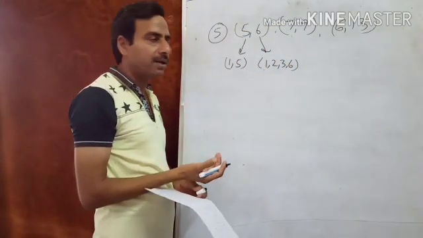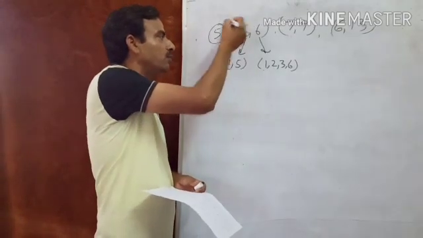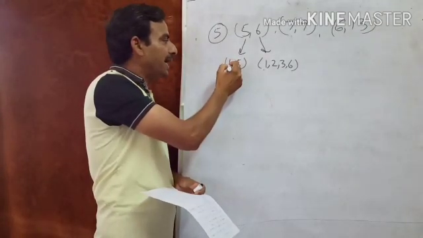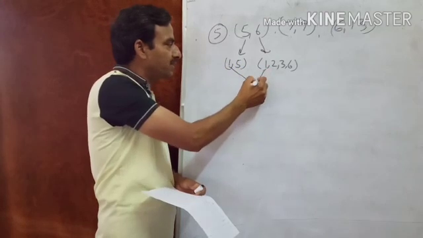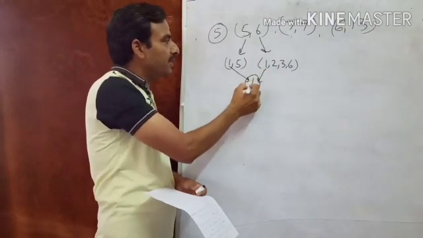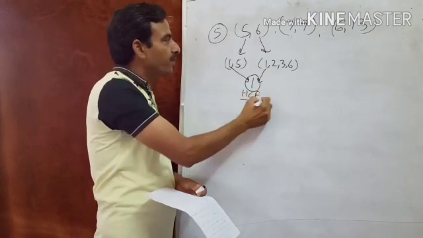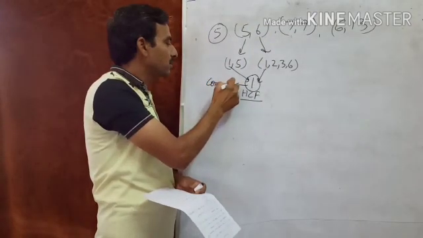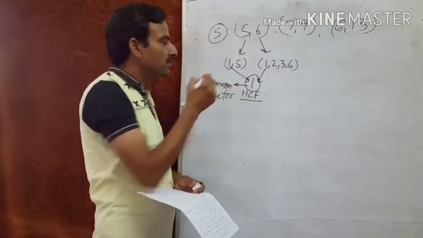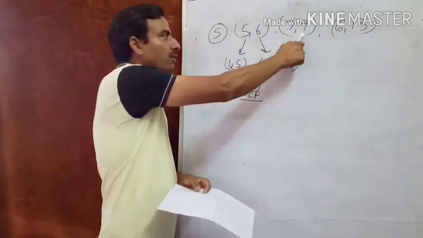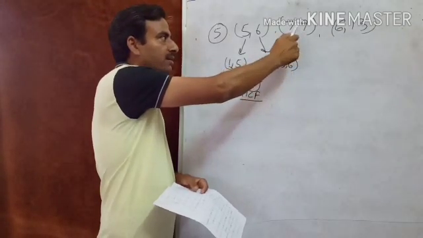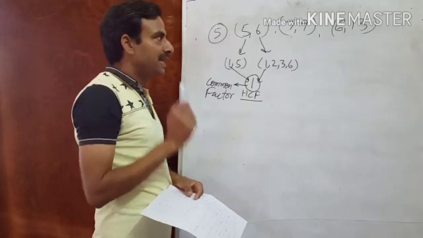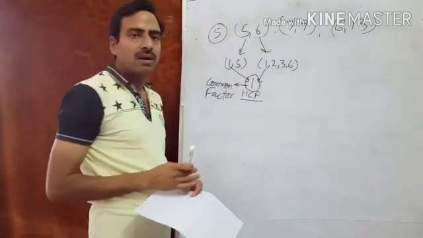There will not be any remainder. Like this, 1 and 5 can divide 5. There will be no remainder. Here you are looking, only 1 is the common factor. So 1 is the HCF of those numbers, and 1 is the common factor. In this also, if you factorize both numbers, you will find out that there will be HCF 1. Here also there will be HCF 1. That's why all sets are co-prime numbers.